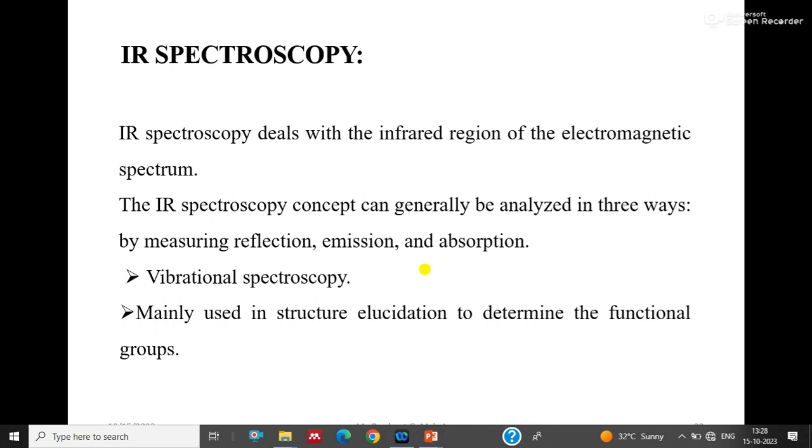In the previous lecture, we have seen UV visible spectroscopy. In that case, we are going to get the lambda max value. Based on that lambda max value, we are going to determine the structures. Next,